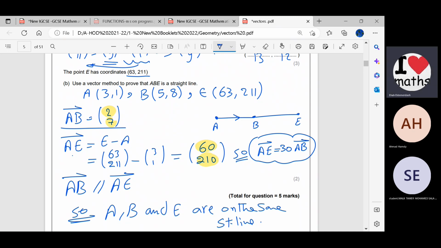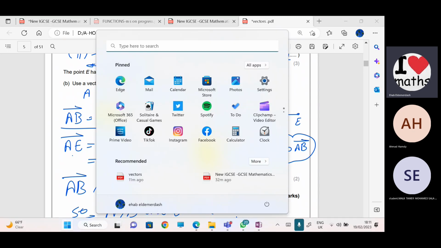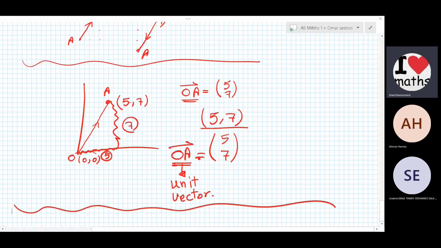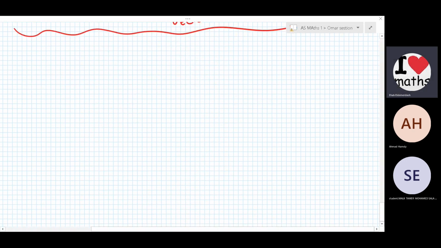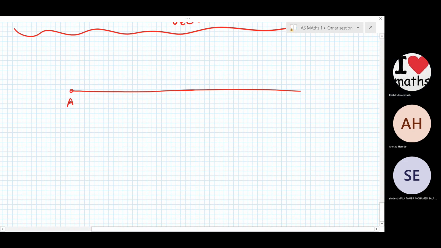حد يعرف يقول لي what is the location of the 3 points؟ I found out that the 3 points are on the same line. ادي ال A B وادي هنا نقطة ال E. We found that AE is equal to 30 of AB. So who can tell me what's the ratio between AB and BE? مين يعرف يقول لي الريشيو ما بين ال AB وال BE؟